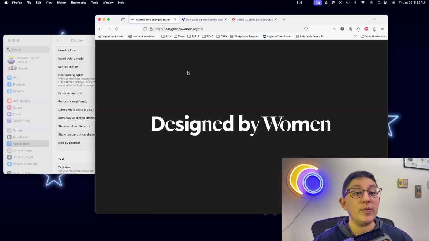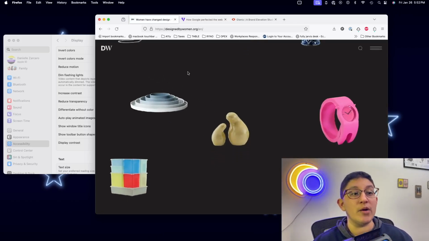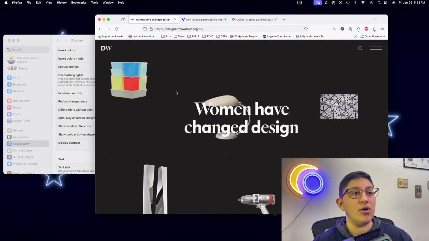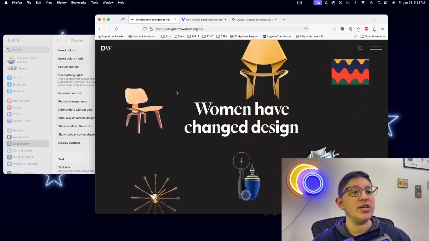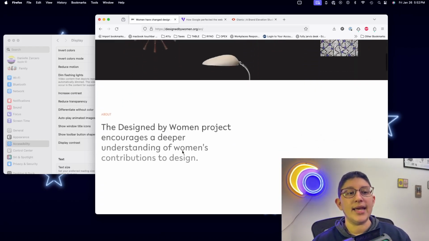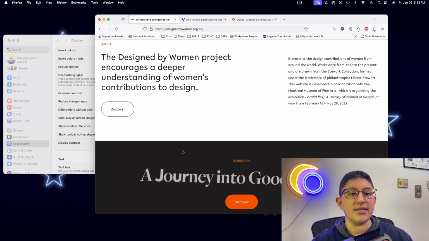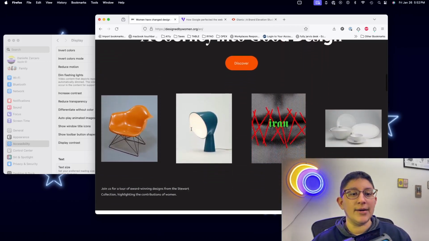So if we reload the page, you'll see that splash page because I've turned my reduced motion off again. And so you have the splash page with a lot of animation, and then you have the text coming in with animation, and then you have these items just sort of flying through the screen. And then again, if we scroll, all of the text has animation that it didn't have before.